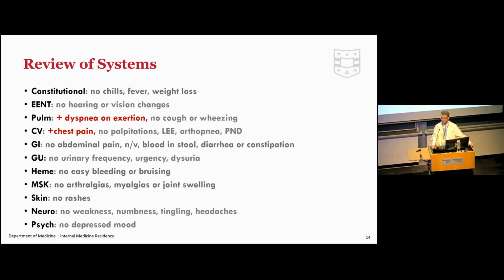So this patient denied any chills, fever, or weight loss, really just positive for dyspnea on exertion that was associated with a sharp left-sided chest pain that occasionally radiated to her left arm. No palpitations, no lower extremity edema, no orthopnea, no paroxysmal nocturnal dyspnea. Otherwise pretty much unremarkable, specifically for arthralgias or joint pain, like you mentioned earlier, and no rashes either.